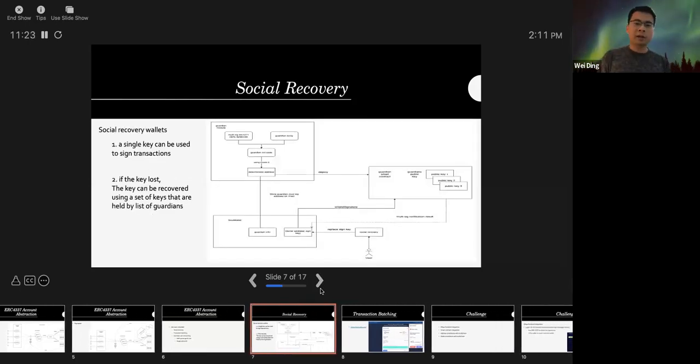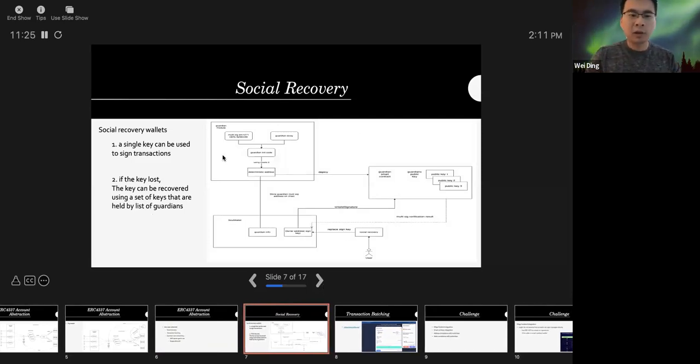Here is an example of SoulWallet implementing social recovery. The social recovery wallet has a single key that can sign a transaction. It basically acts like a normal EOA. There is a key to manage transactions, but if the key gets lost or hacked by others, there is a way to replace the signing key: we can set a list of guardians.